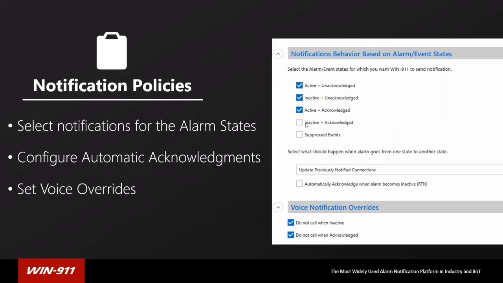But if we check this box, we would receive a follow-up. And then, of course, we have this state here, inactive unacknowledged. Now, when that happens, again, it's not completed its life cycle. It hasn't reached terminal yet. So at some point, someone's going to need to acknowledge that alarm, either through the HMI, through log viewer, or